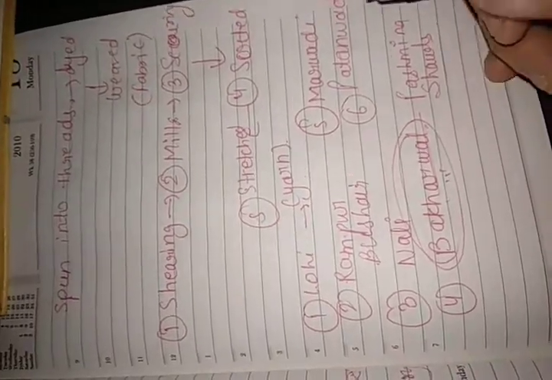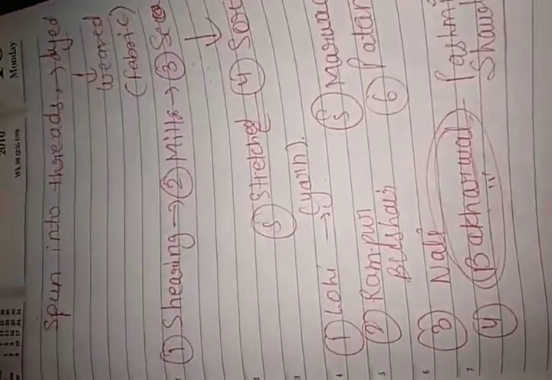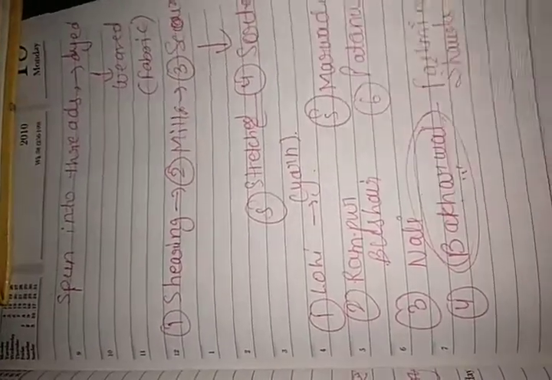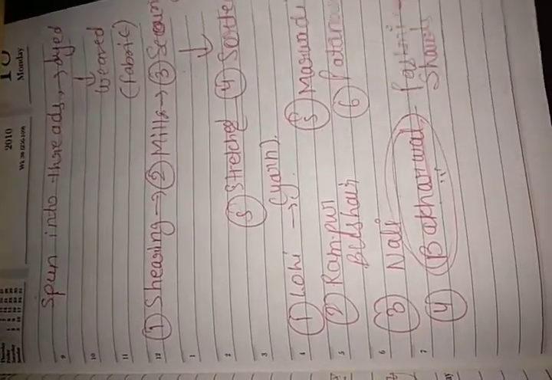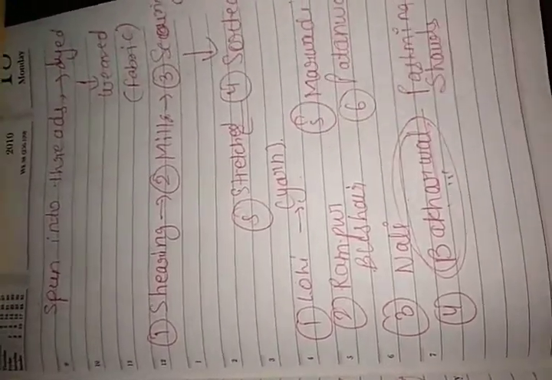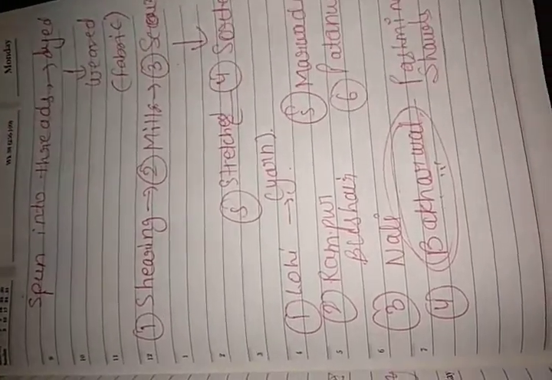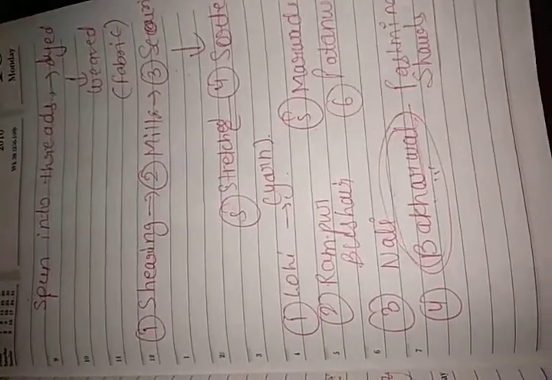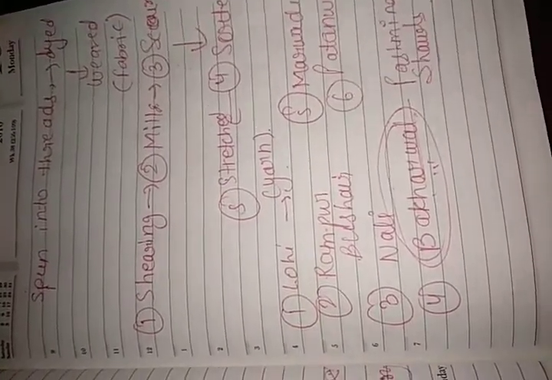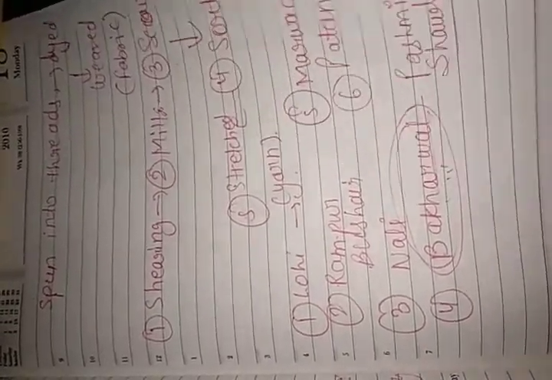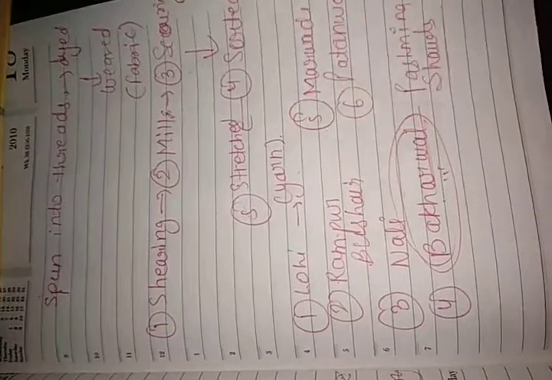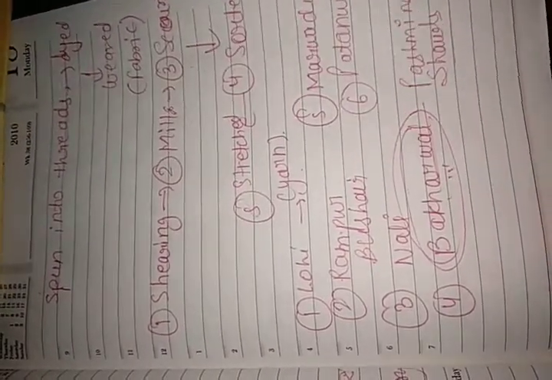Then if you move ahead, there are some important processes. In silk, I explained to you all the processes like moth eggs, mulberry leaves, molting, shearing, scouring, sorting, everything. Okay, but we will discuss it again. Let us learn about the wool. So the fleece of the sheep along with a thin layer of skin is removed by machine. The process is called shearing. Then it is washed in the tanks to remove the dirt, that is called scouring. Then it is sent to the factory where different textures are sorted out.